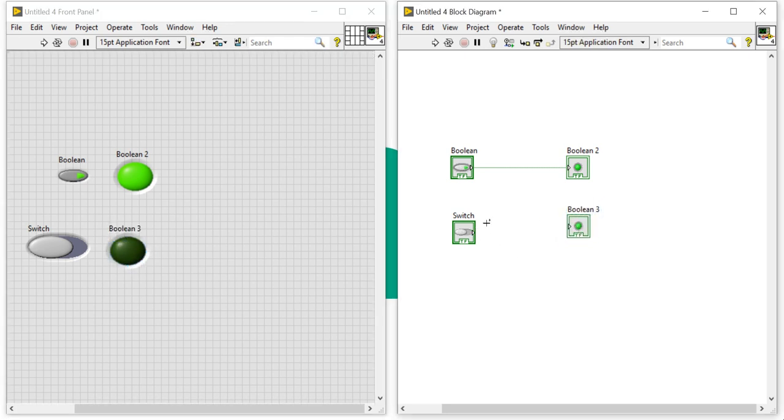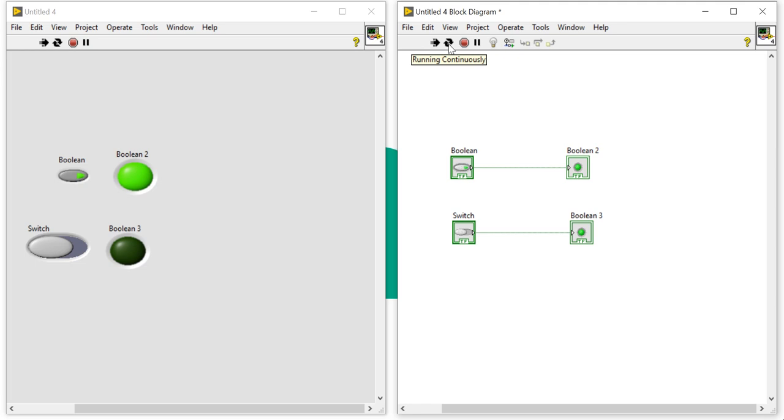Now you can make a connection like this. Let's see how it will behave. So for that, to check, we need to press the run continuously, then open execution highlight. This is okay. This one is the Boolean control terminal, and this is the Boolean indicator terminal.